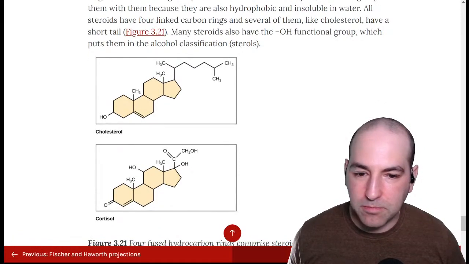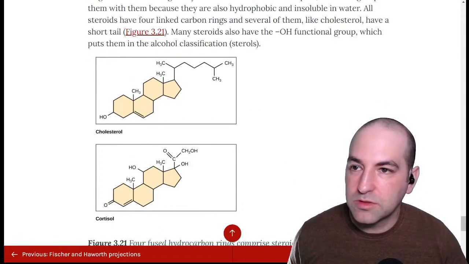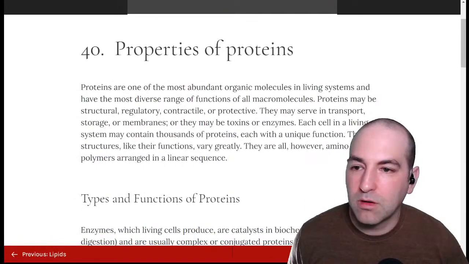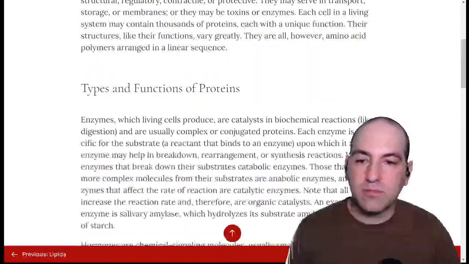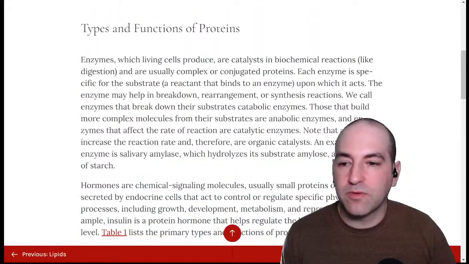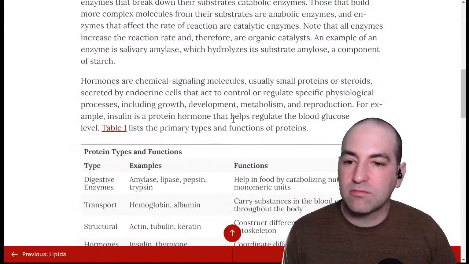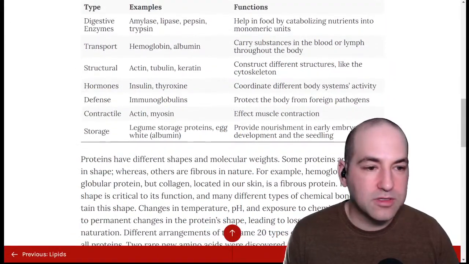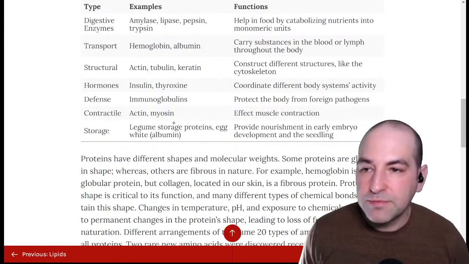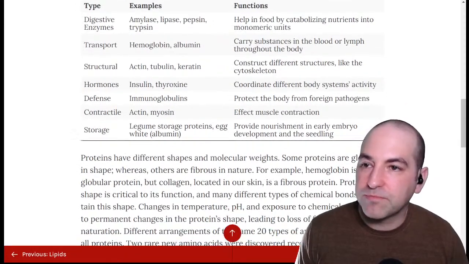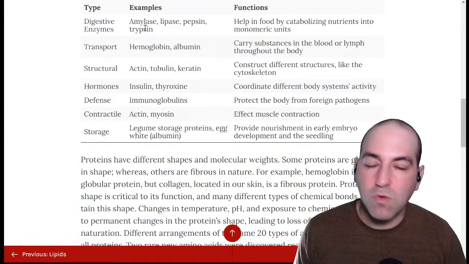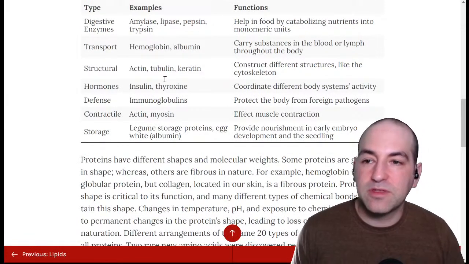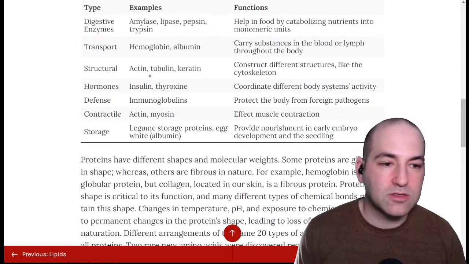All right. Let's then go to the proteins. So you've undoubtedly heard of proteins before. Lots of different things that proteins do throughout the body. So for example, here's a table of some different types of proteins in the body and what they do. So we've got digestive proteins, transport proteins, and some of these connect with some of the things we've already talked about. So for example,